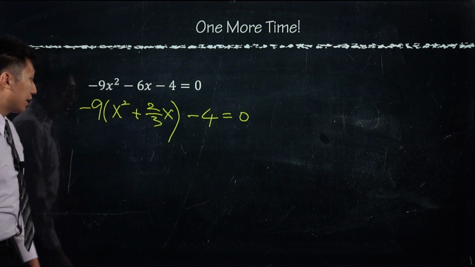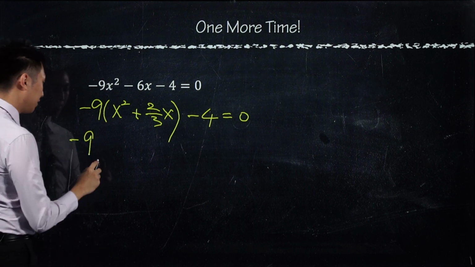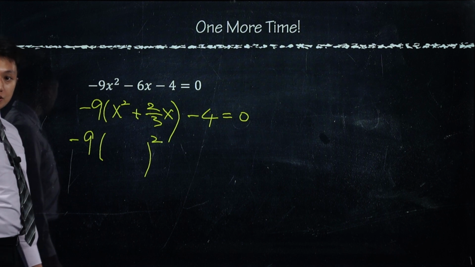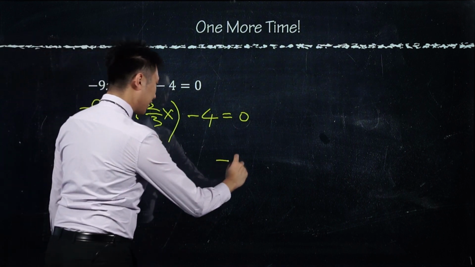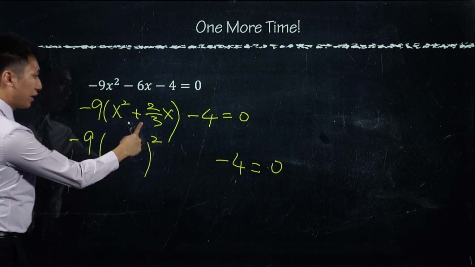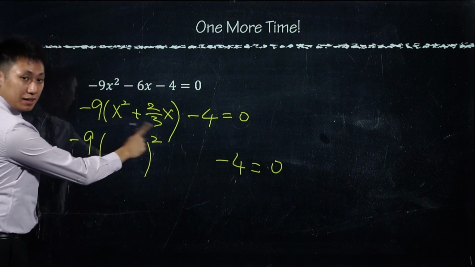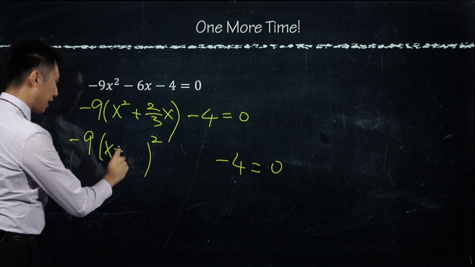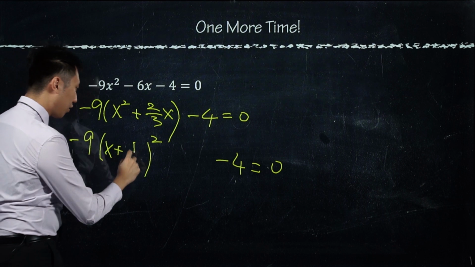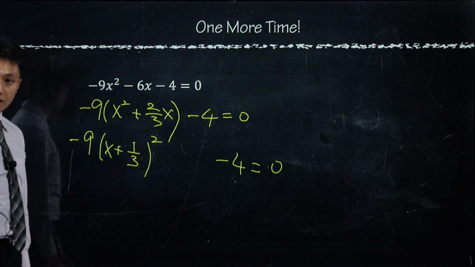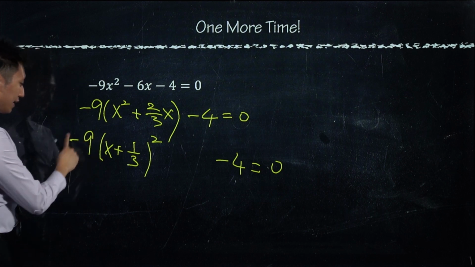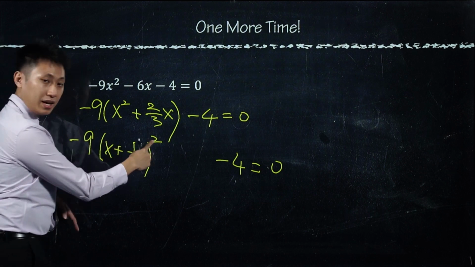No problem. Then next thing, what I do here, I want it directly squared. Then minus 4 is the other side, I mean it's outside. Then here what I do, it's plus, right? It's plus. So I want x plus this term divided by 2. So it means it's 1 over 3. Okay? 1 over 3. Then if I have something extra, minus 9 times 1 over 3 squared, then I have